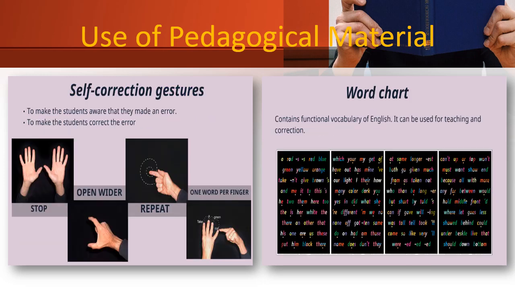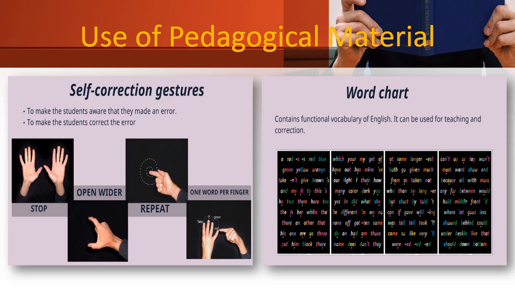After that, the fourth one is the word chart. You can see that there are a lot of words, and these are basic words which we want to teach our students, and with the help of these, be it suffixes or prefixes, the students will create new vocabulary and enhance it. Besides these three physical materials,